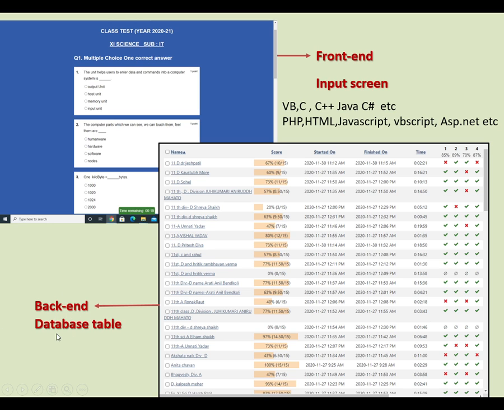So most of the time our database is used at the backend. To manage the backend, database softwares are used. Okay, so DBMS software especially is used to manage the backend. तो backend concept क्या होता है, जहाँ पे database store होता है and the programmer is managing that database. Okay, and front end क्या होता है, जो user use करते हैं अपने input screen के लिए।